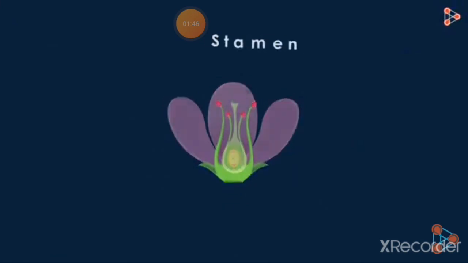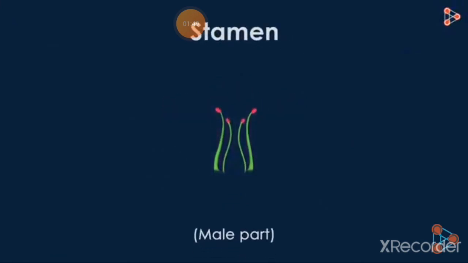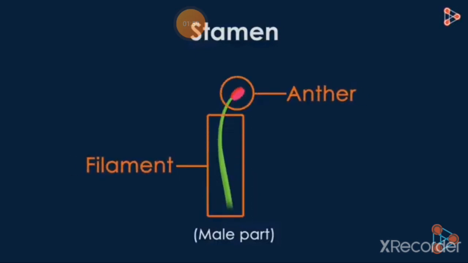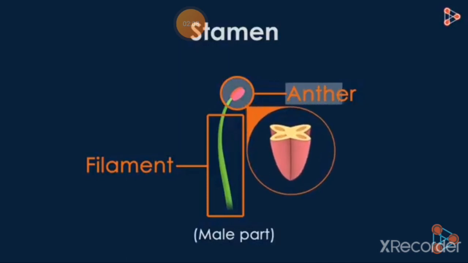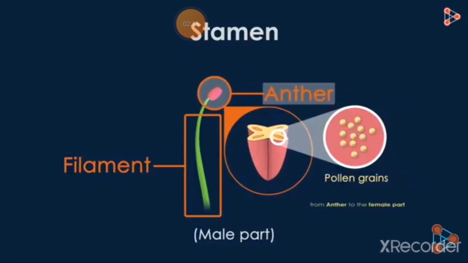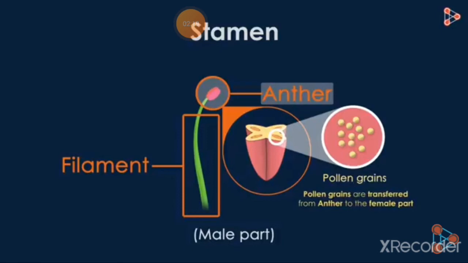To begin with, we have the stamen, which is the male part. What does the stamen look like? If we zoom in the structure, it looks like this. Stamen has two distinct parts, the anther and the filament. Do you think that these structures have specific functions to perform? Yes, as a matter of fact, they do. The part called the anther bears minute round bodies called pollen grains which play an active role in reproduction. There is a specific process by which pollen grains are transferred from the anther to the female part of the same or different flower. Now, what is that part called?